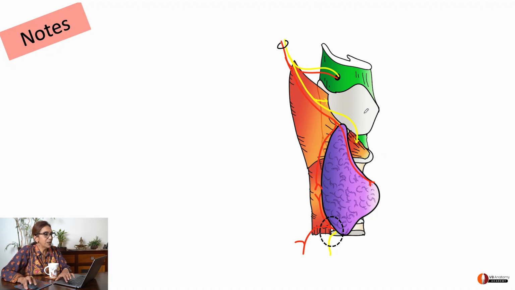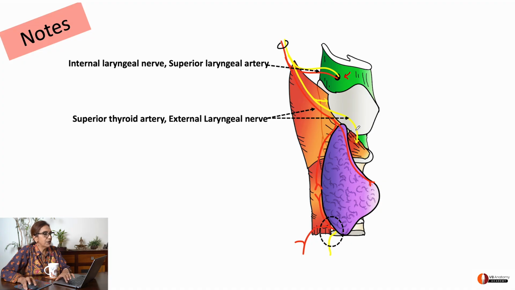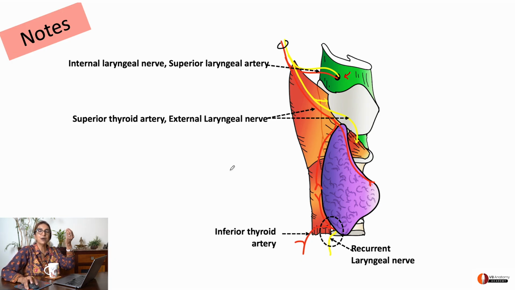Okay, so this is your thyroid gland and you can see paired structures here. See, this is internal laryngeal nerve, superior laryngeal artery, piercing the thyrohyoid membrane to go inside to the larynx. So, that's one correct pair. This is your superior thyroid artery and external laryngeal nerve going towards the apex of thyroid gland. This is your inferior thyroid artery and recurrent laryngeal nerve coming up from below. These are the three correct pairs. What they had done was they had paired the inferior thyroid artery with the internal laryngeal nerve, which are at the two poles of the larynx and cannot be paired together.